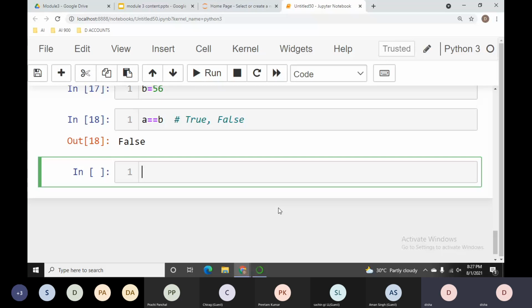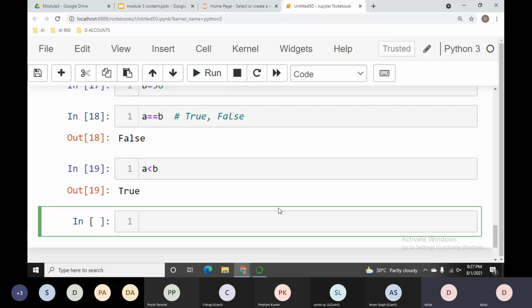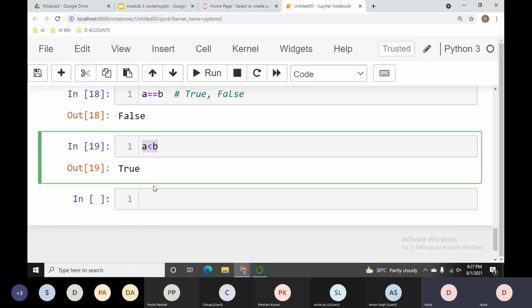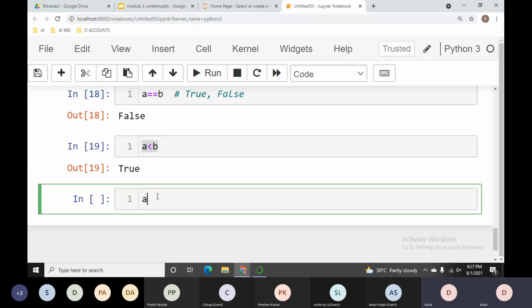Now if I say A is less than B, let us check that condition. It returns true, because minus 25 is less than 56. Now if I say A is less than equals B, it checks two conditions at once, either less than or equal.